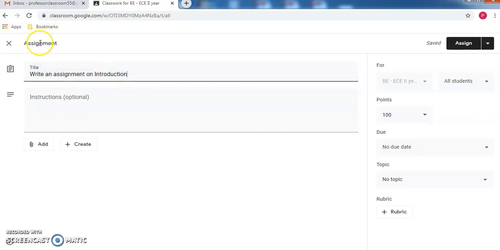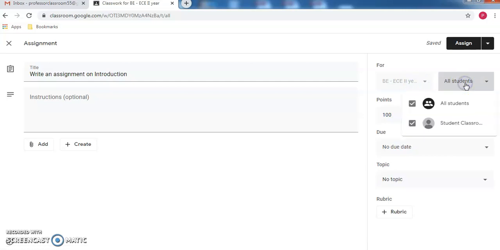I'm just showing you how to create assignment, how to create this, that's and that. So don't confuse with these topics. So this is for my class and for all students. So if you have a list of students, all the students will be listed here. You can choose whichever student it has to go, or by default you can choose it for all students.